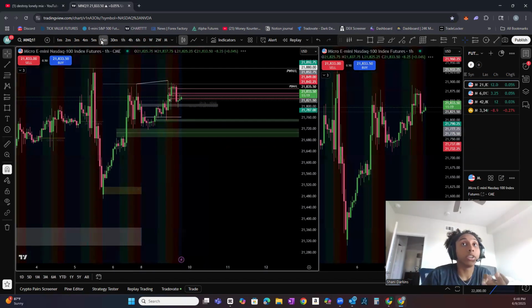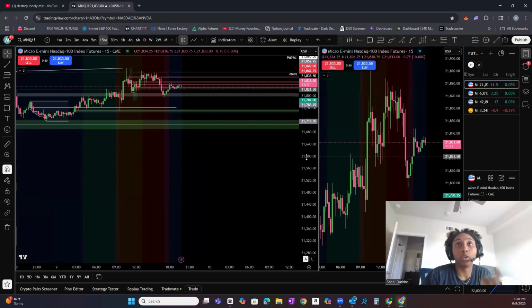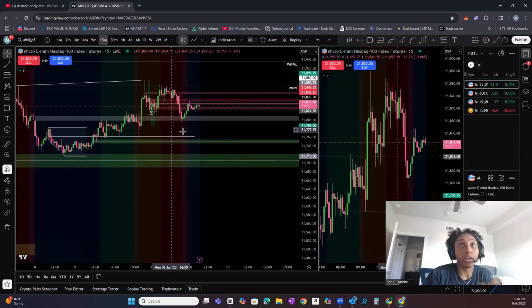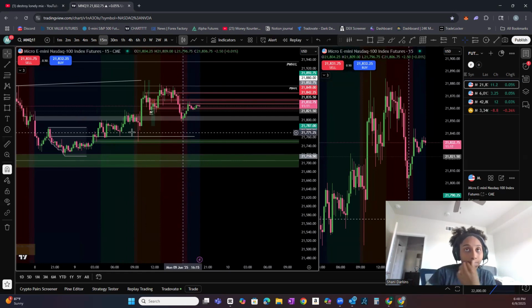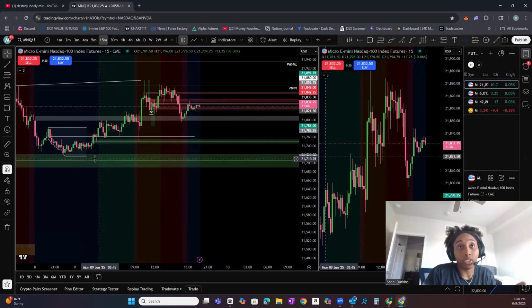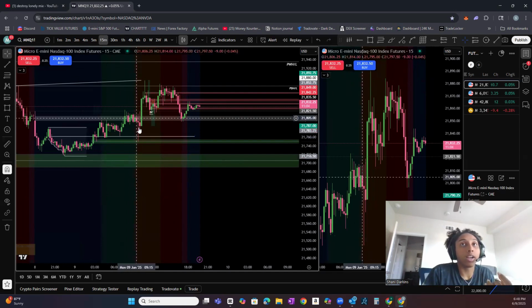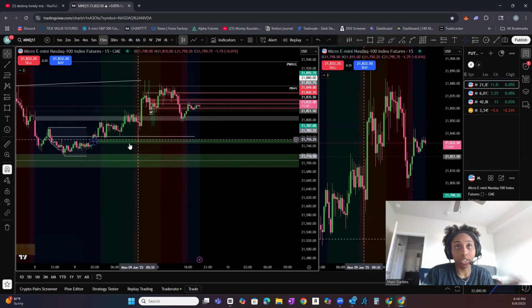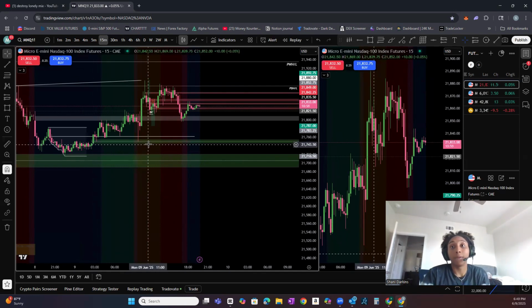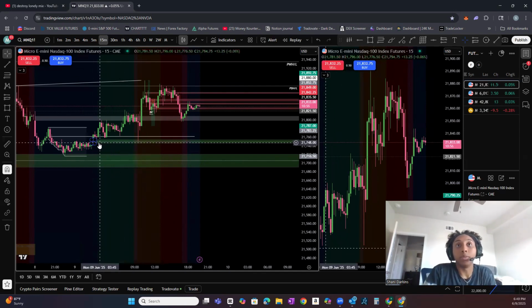I didn't consider having an idea of what price can do before it does it, like, okay, if this happens, then what? It only swept London, and I wanted it to sweep Asia too, but it didn't. But we still very clearly got that manipulation into the 15-minute fair value gap with an SMT. That's an A plus setup in my book,